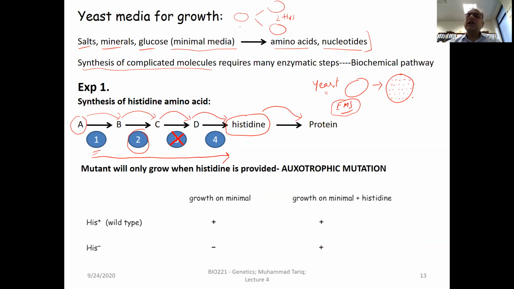Now remember, this plate contains complete media. Complete media means everything is there: salts, minerals, glucose, all the amino acids, etc. So every colony which we spotted here grows happily,